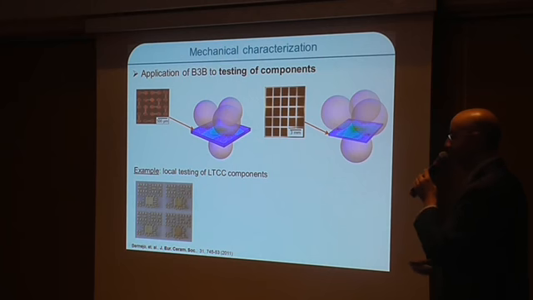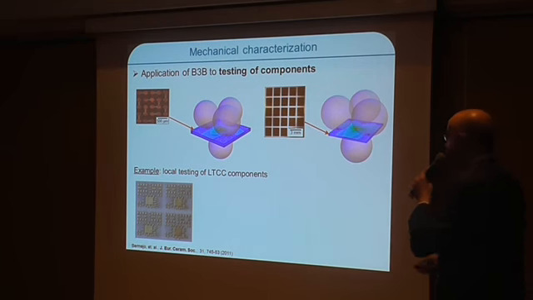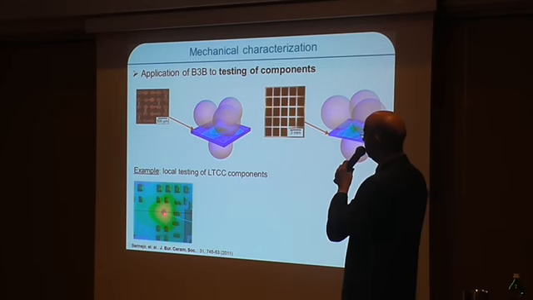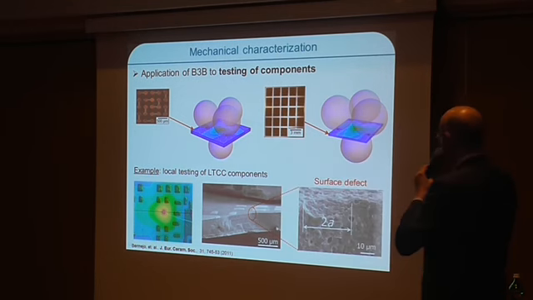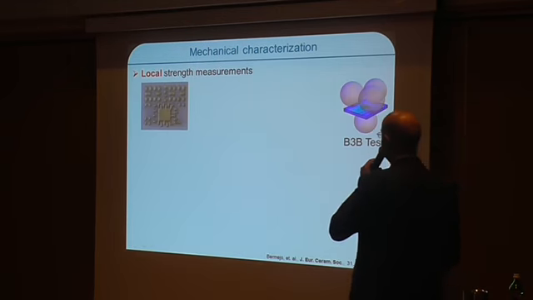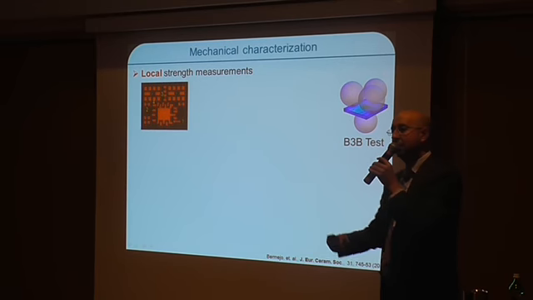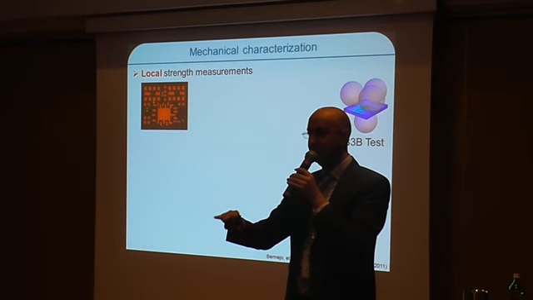If you have printed circuit boards, they produce millions of plates with different modules inside. We can cut off some plates and put the balls in a certain location, and then we can identify what the strength of this particular location is. And then we can do some photography and identify the failure, which in many cases occurs on the surface. Here's an example of how small differences in the multilayer architecture, how the metal electrodes inside are distributed,